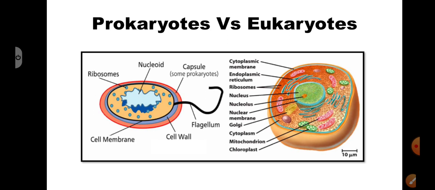Looking at eukaryotes, which include fungi and parasites, only fungi have the cell wall, whereas parasites do not have a cell wall. They have a cytoplasmic membrane bounding the cytoplasm, and the cytoplasm has a well organized nucleus with a nucleolus which is made up of RNA. The nucleus has the chromosomes, the genetic information, and is bound by a nuclear membrane, and the cytoplasm has membrane bound organelles like endoplasmic reticulum, Golgi apparatus, mitochondria, etc.